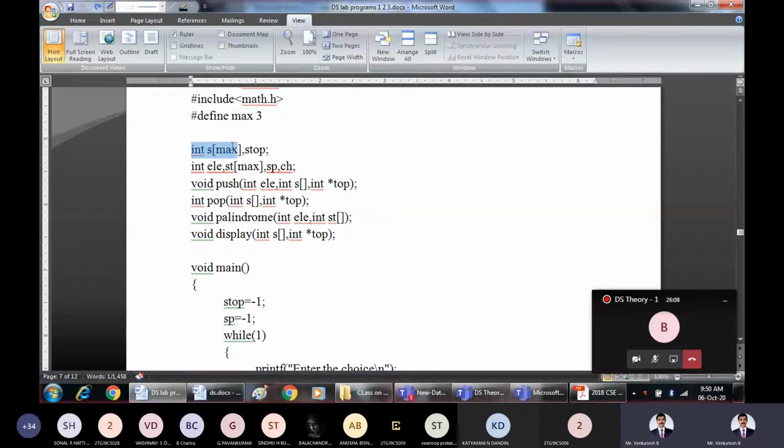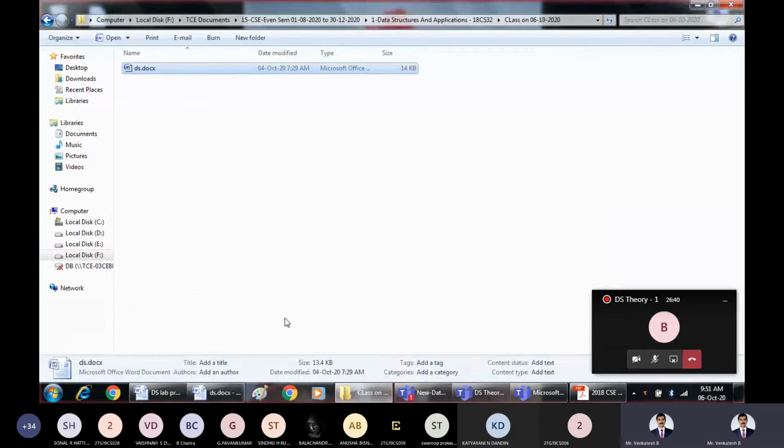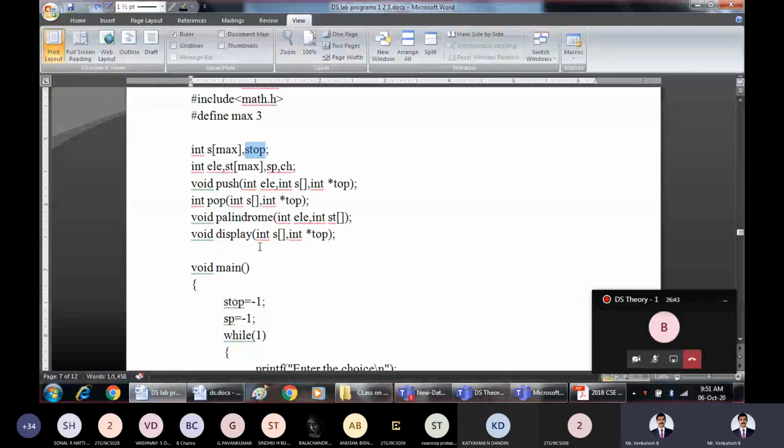So when you write S of 3, our stack name is S, and that is having a size of 3, and the index will start from 0, 1, 2, and obviously there will be here -1. Right? And similarly, ST top, the required value, that is ST top indicates stack top. So here this top will be using different names because we are using 2 different stacks in our program.